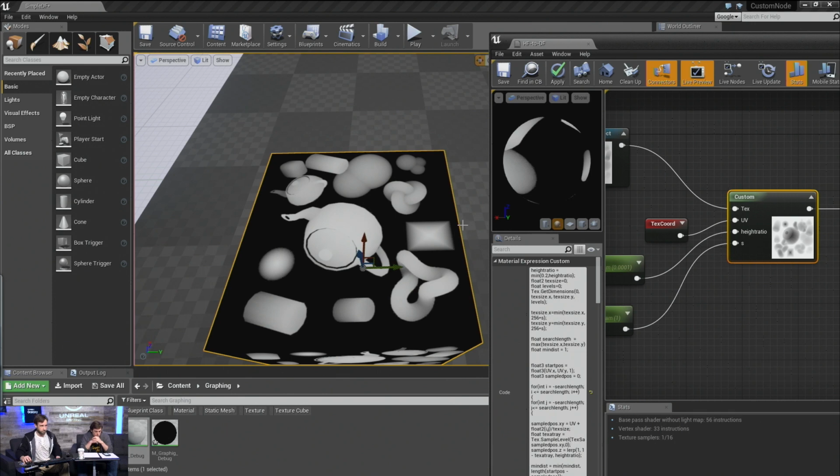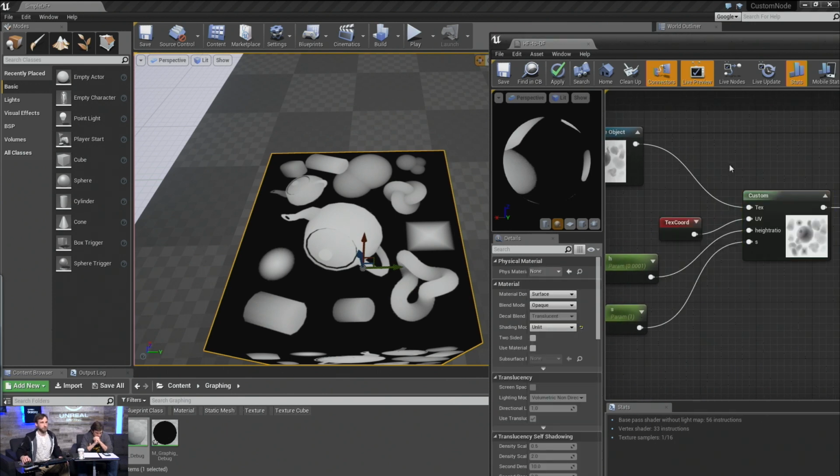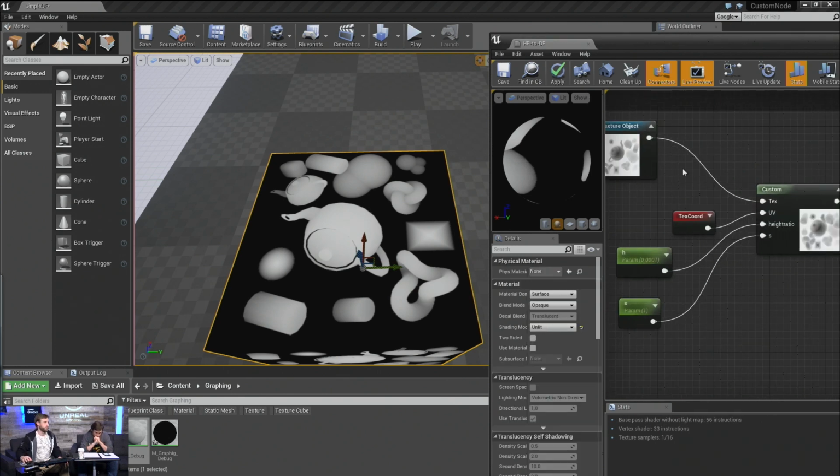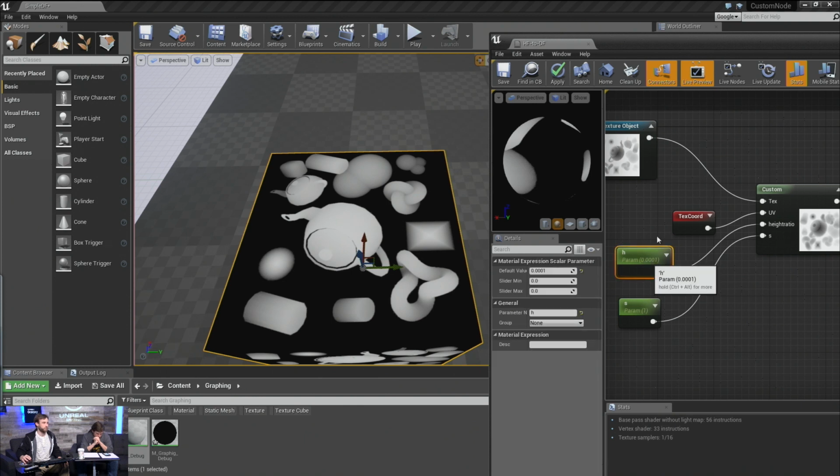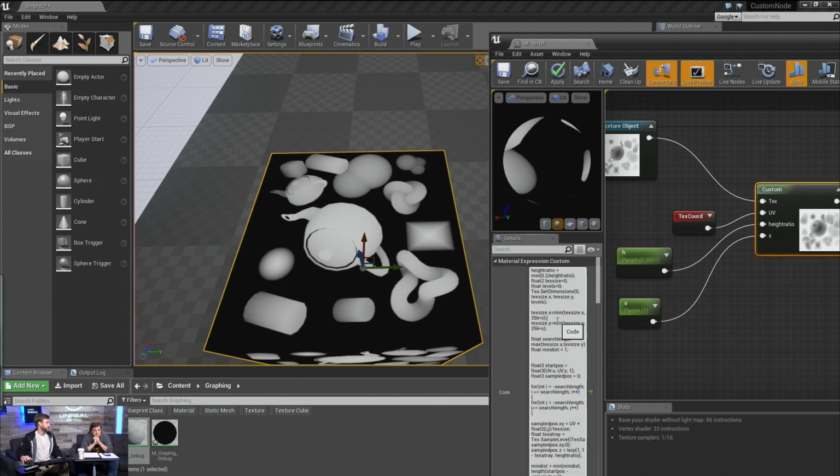So to do that properly, I actually needed to end up doing it in code, because you can crash your GPU if you try to do this in real time on a high resolution texture. But just because it's so much easier to write code in HLSL compared to C++ when you're doing texture modifications, this was kind of invaluable, because it only took me maybe 20-30 minutes to write this in HLSL code, whereas